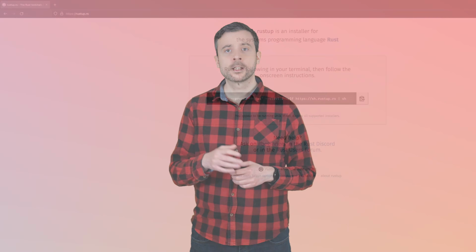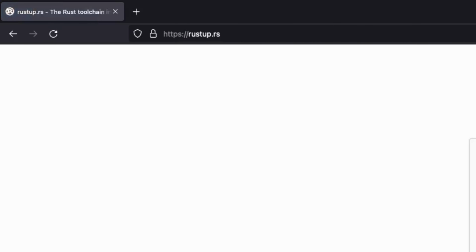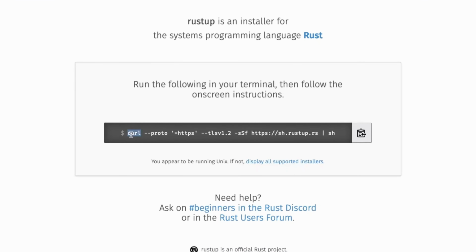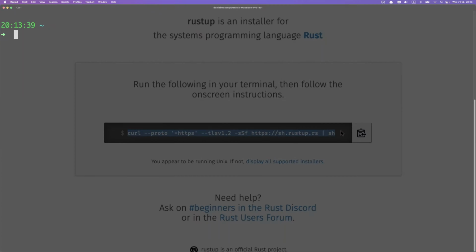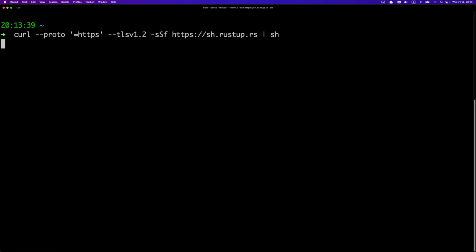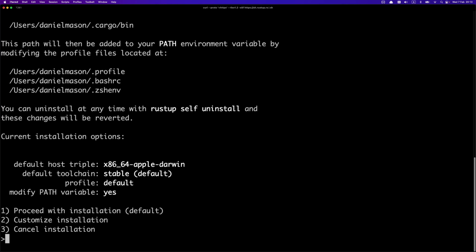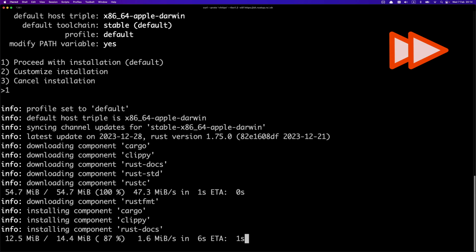Everything else on these two systems is exactly the same, so head over to rustup.rs and pop this into your console. You'll be asked if you want to customize the install. I'm not going to, so I'll choose 1 and press enter. After a minute or two, the Rust installation completes,